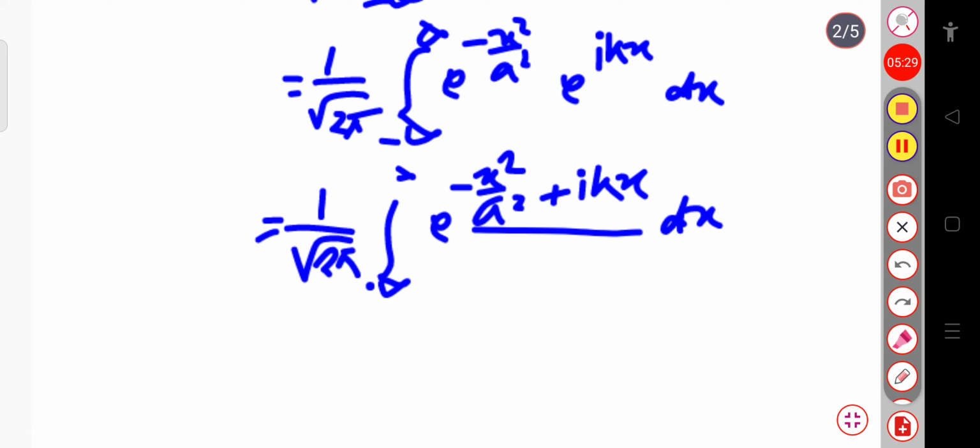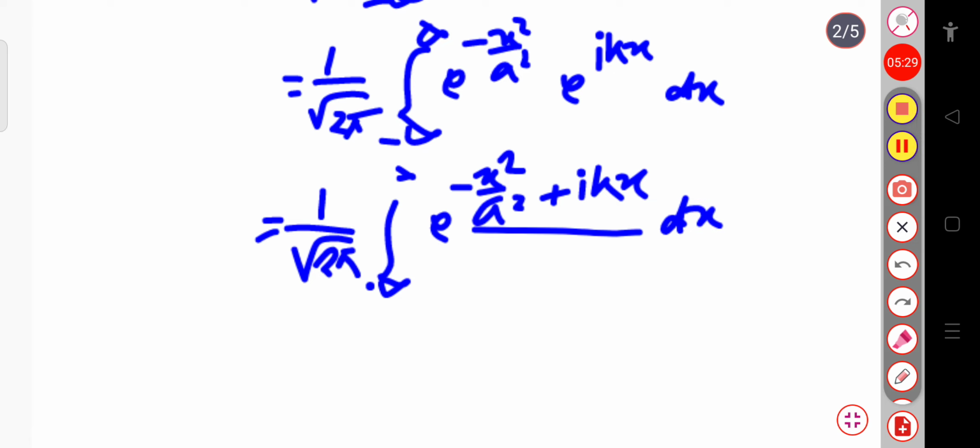Here our term is minus x square divided by a square plus ikx. Now I want to add plus k square a square divided by 4, and I will subtract this term, that is minus k square a square divided by 4. Now this can be written as, if I take the negative sign common here, this will be x square divided by a square